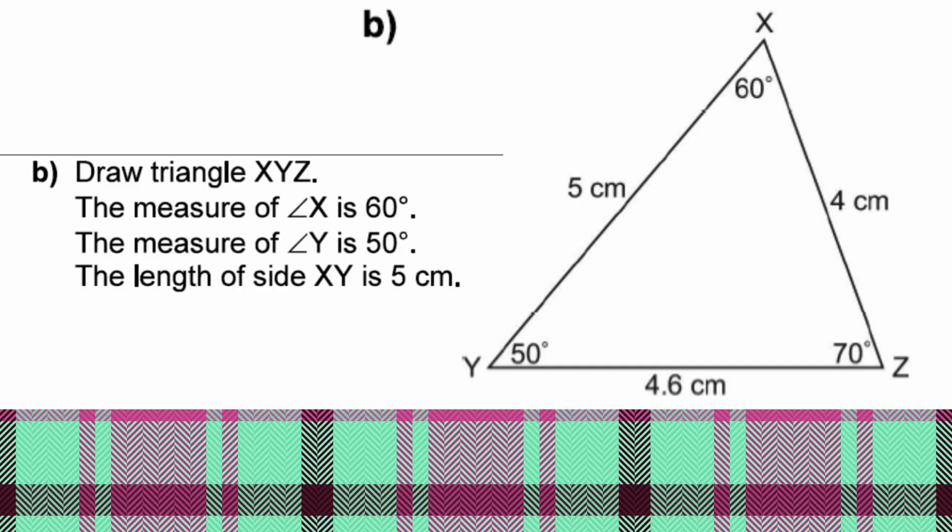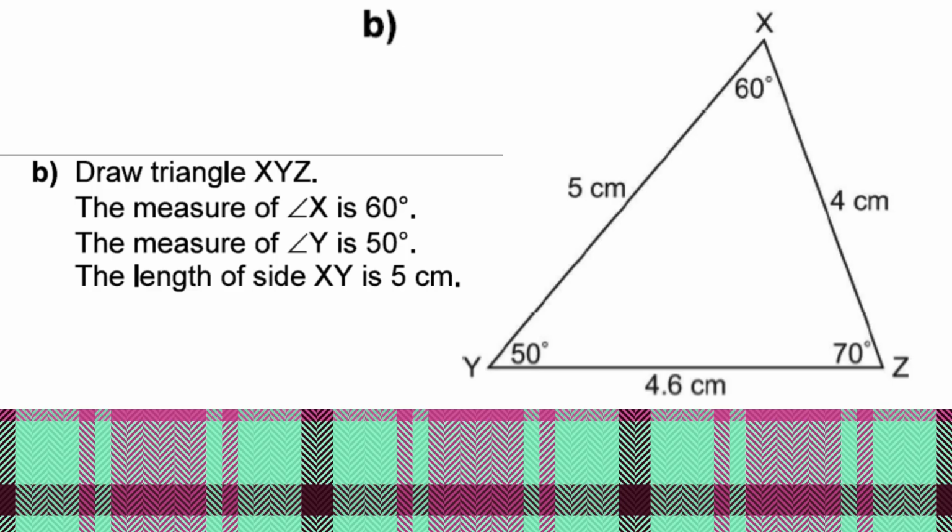Then you want to use your ruler to measure the other sides. In this case, the other sides, besides 5 centimeters, one side was 4 centimeters. That was from point X to Z. And from Y to Z, it was 4.6 centimeters. You must label the side measurements, and you need to label the